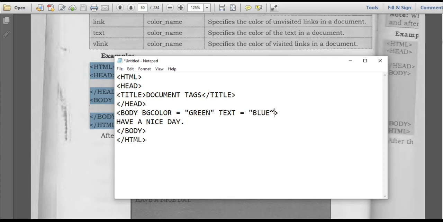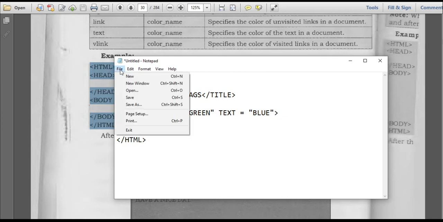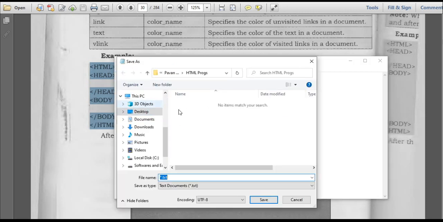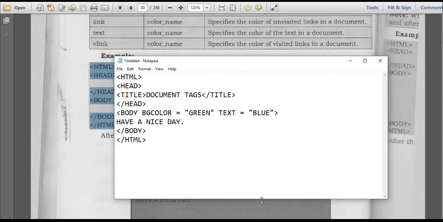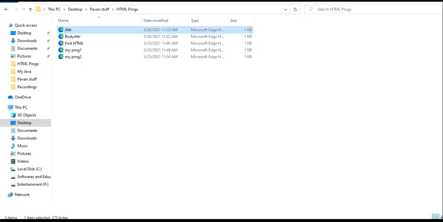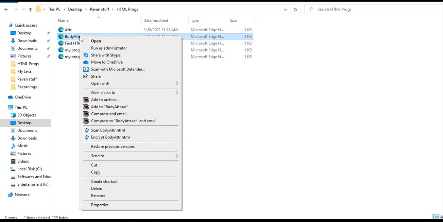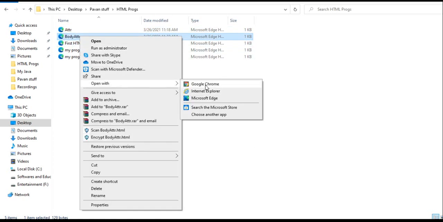They must be in double quotes. So go to File, Save. Here I am saving it as body attributes dot html. Save. Right click, I am opening it with Chrome.